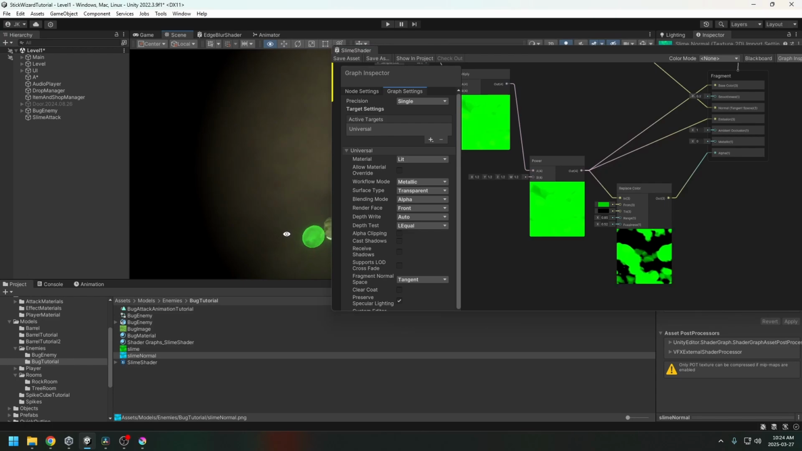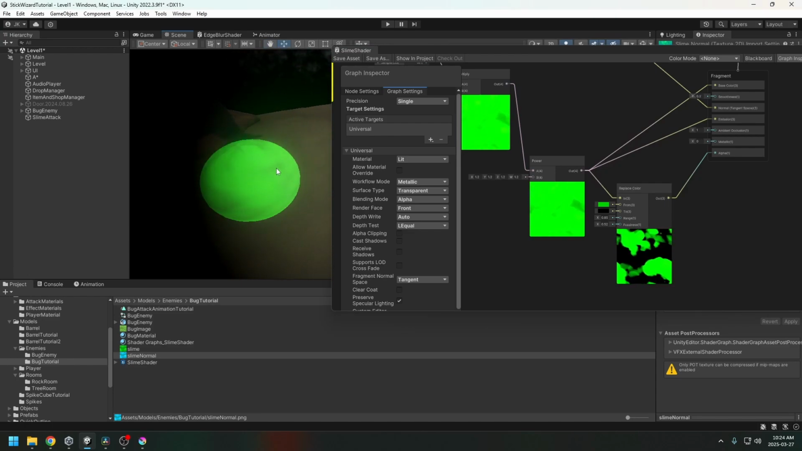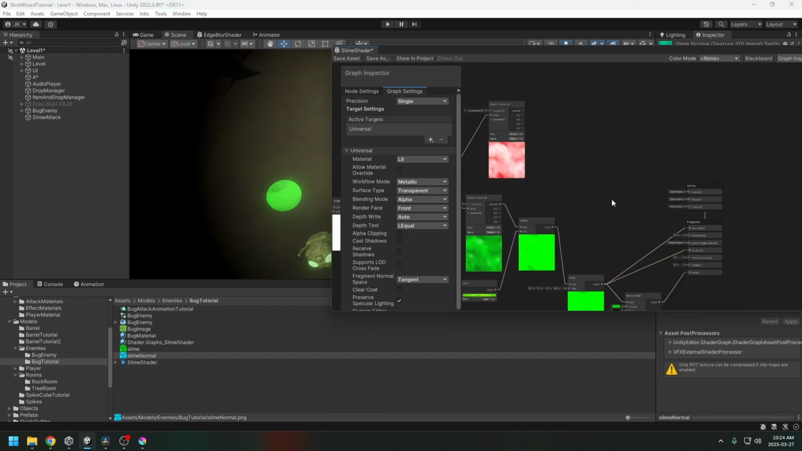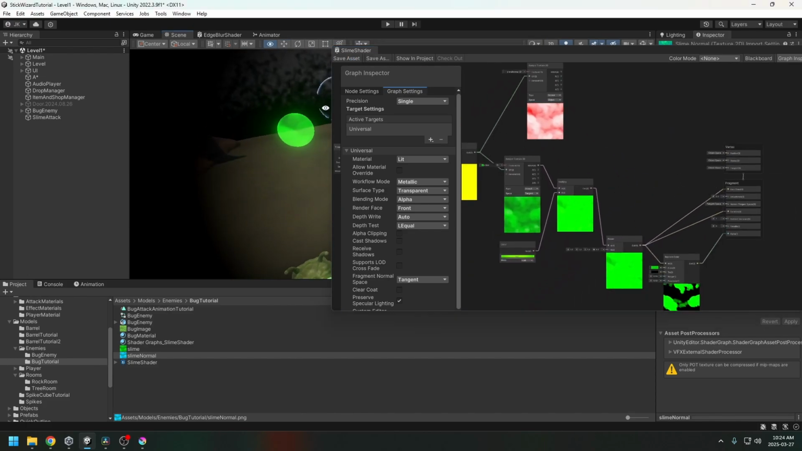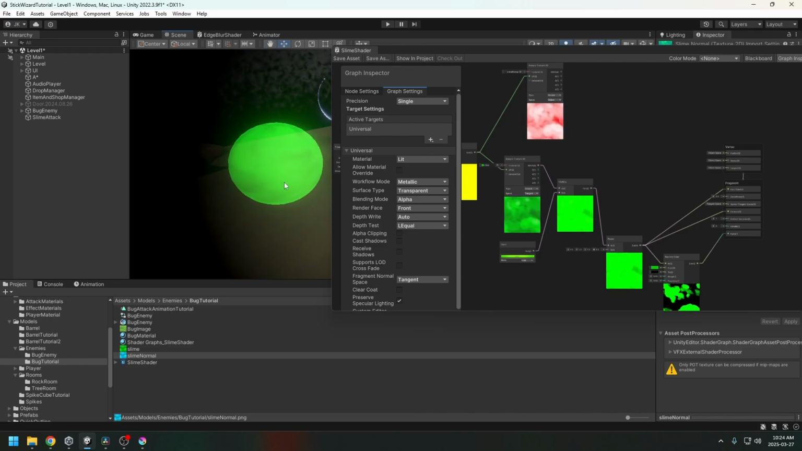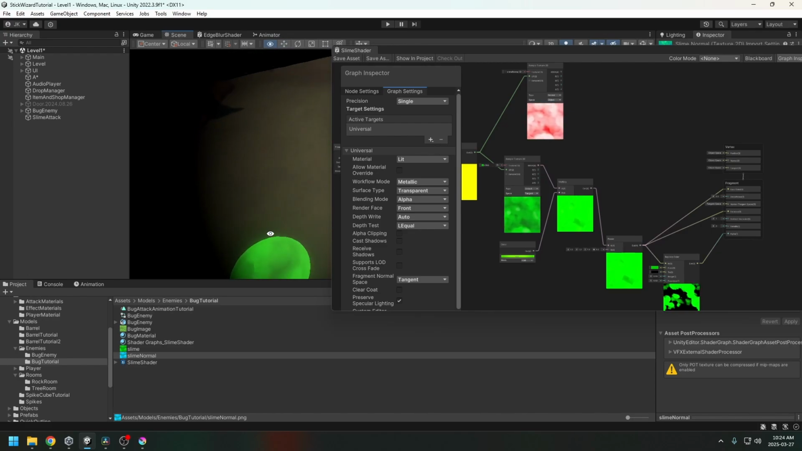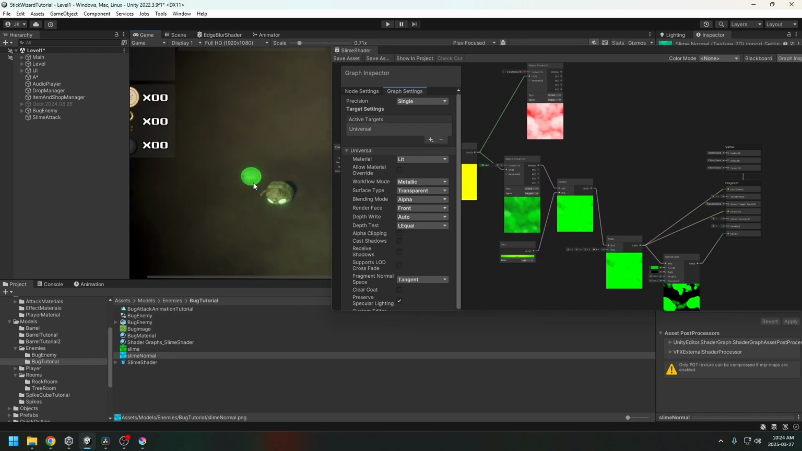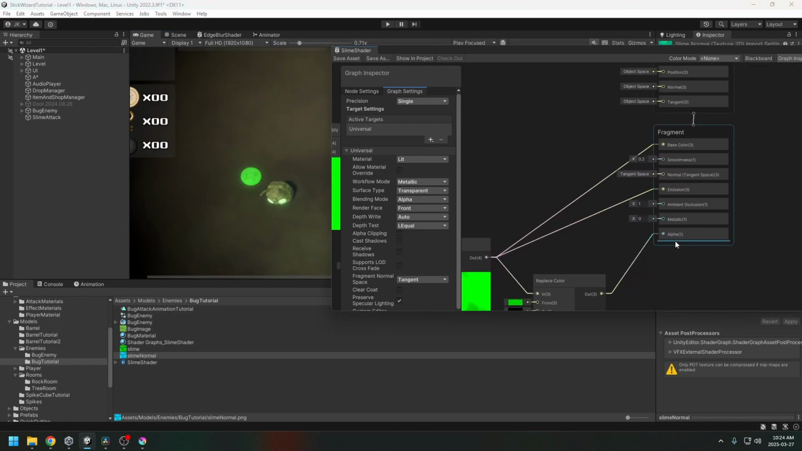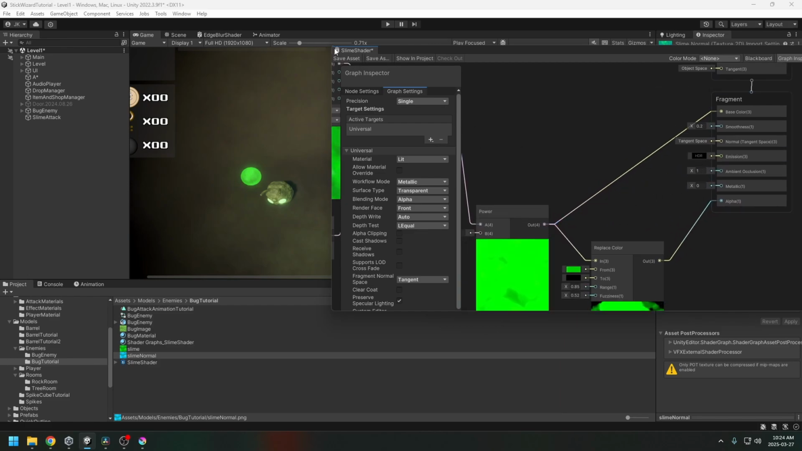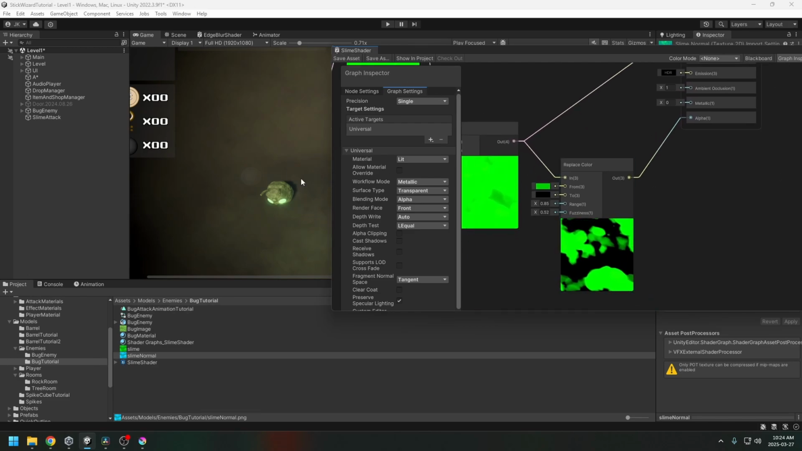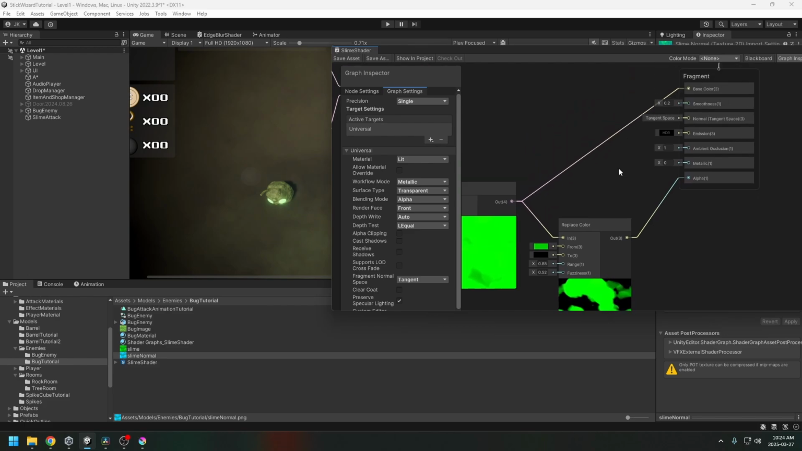Let's see. And I think the black parts are not invisible because of the normal, because the normal is not affected by this. Let's delete the normal for now and save this. And the black parts should technically be invisible. Let's get rid of the emission for a sec. Interesting. Okay. How is that possible? What? Okay,